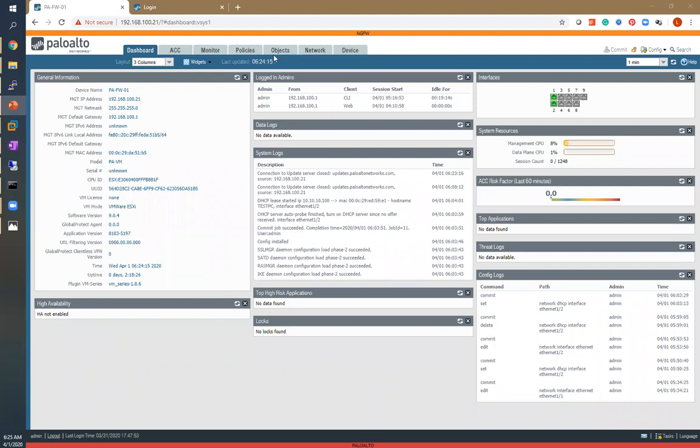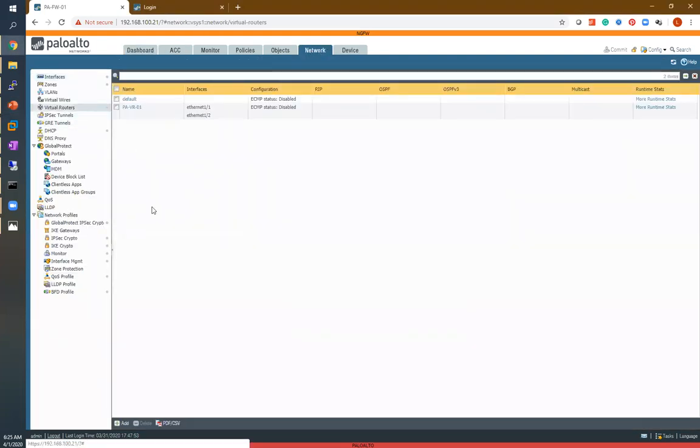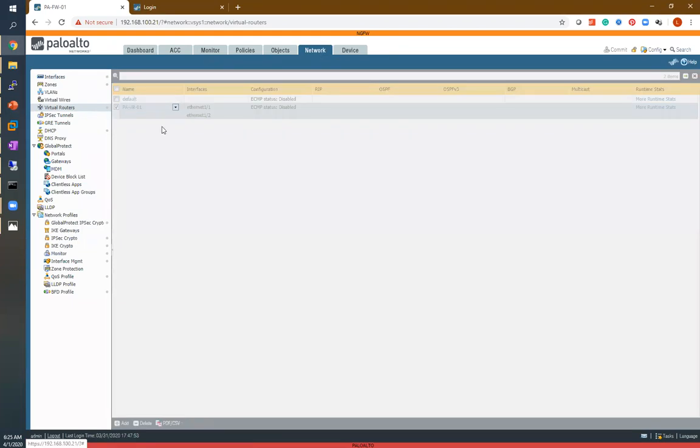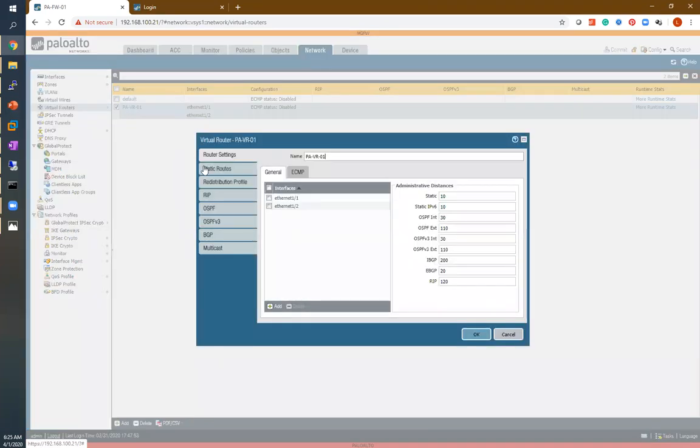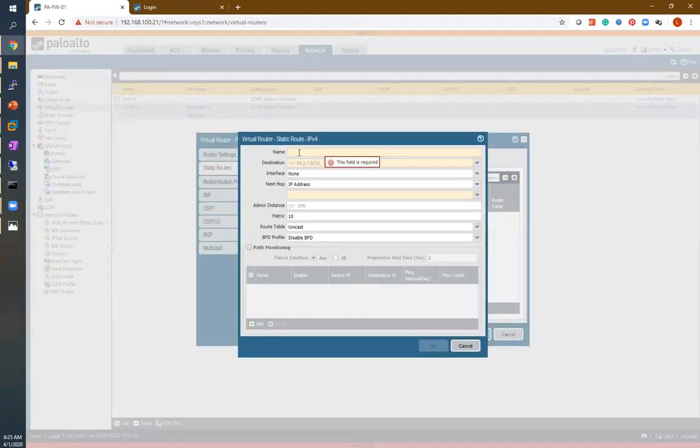If you are going to configure the static routing on your Palo Alto firewall, you have to go to the Network tab, and after that, Virtual Router. Inside the virtual router, you can see these two interfaces are part of our virtual router, Palo Alto virtual router 1. Then you have to click on Static Routes, click on Add, and here you have to mention